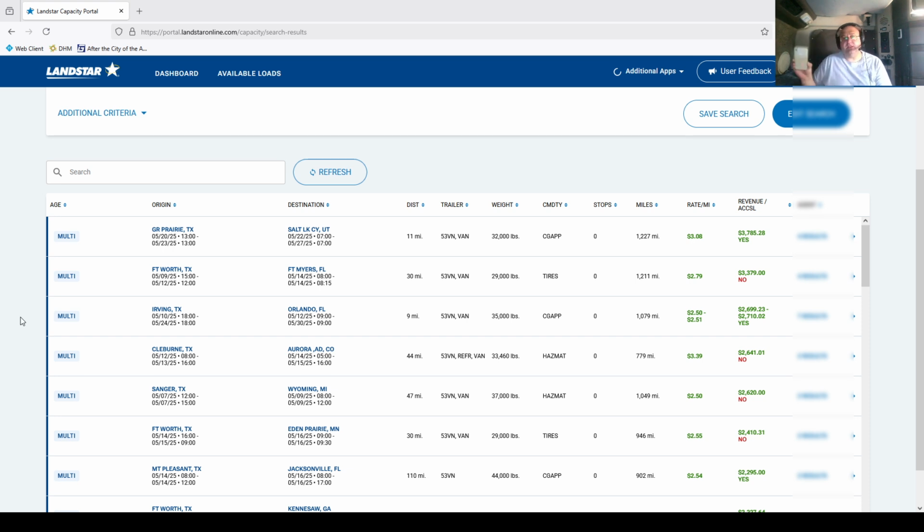In the entire week I've been here, I think I've had one load alert over there in the Minneapolis area that was a decent load. Not a great load, but it was decent. If I was close enough that I could pick it up, I would have picked it up. But it was like 700 miles away, and it picked up same day. I couldn't make it to pick the load up. So